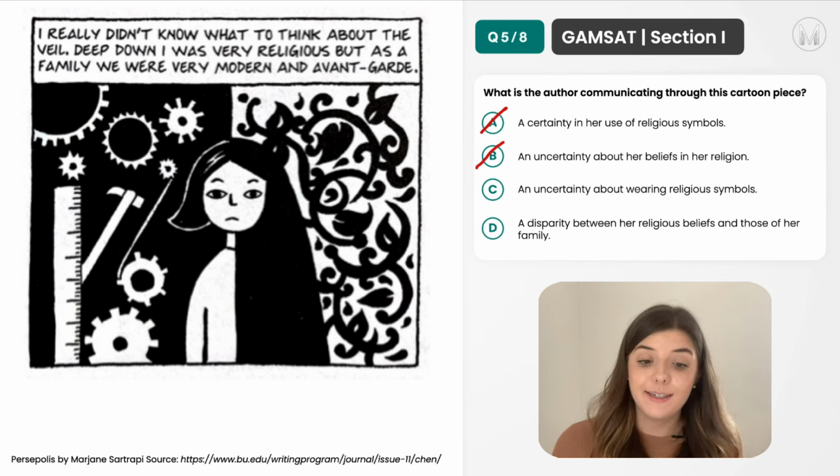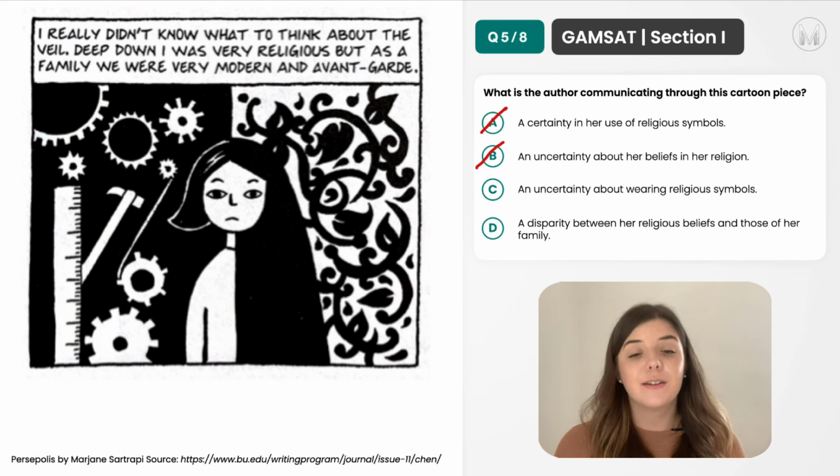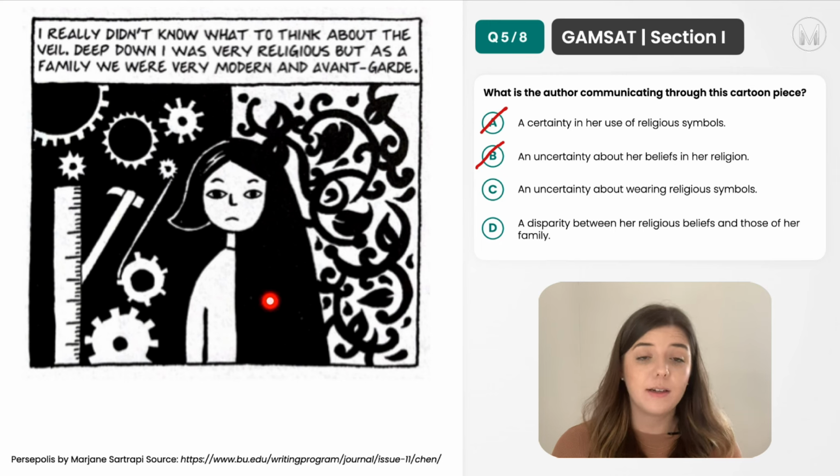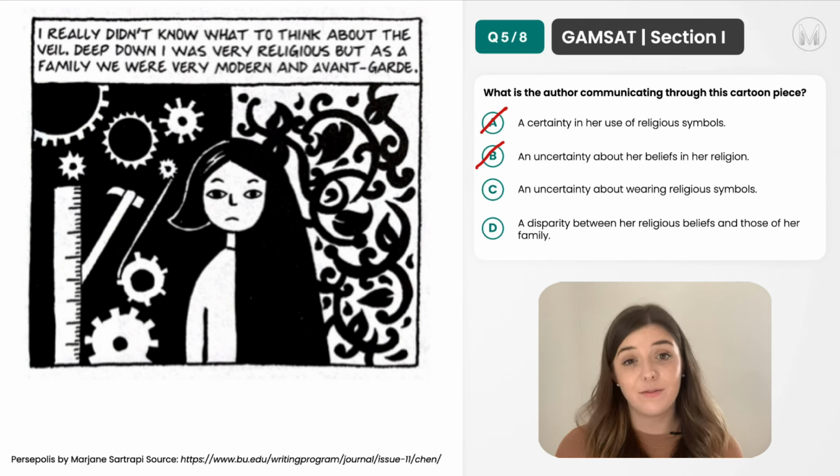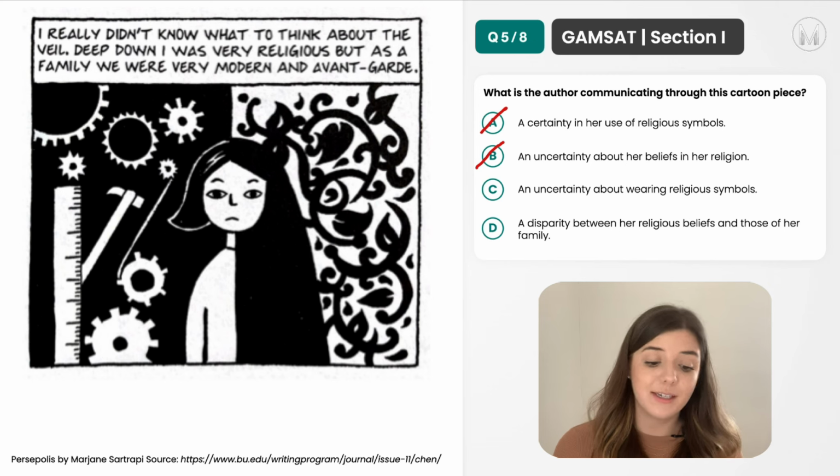Moving on to option C, an uncertainty about wearing religious symbols. This is exactly how we've interpreted it. We knew from the actual picture, there is some sense of uncertainty. And then from the text, we know exactly what she says: I really didn't know what to think about the veil. So this is to do with her religious symbol. So option C is looking very likely, but we'll just have a look at option D just to double check